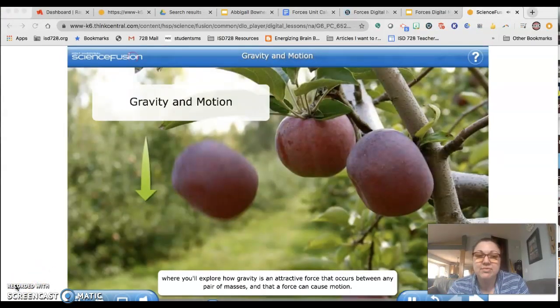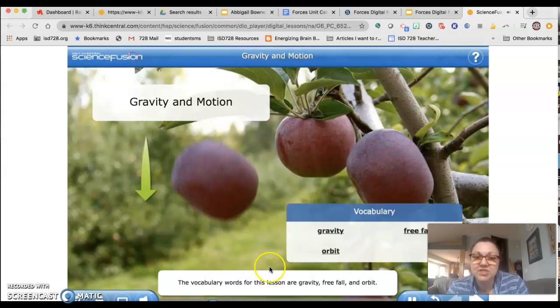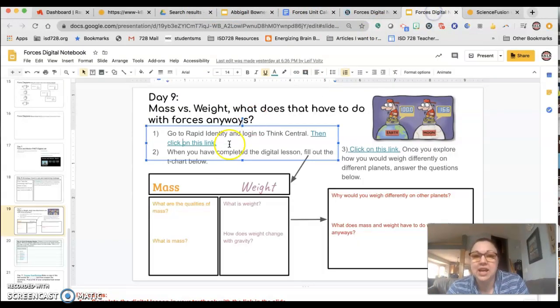Force that occurs between any pair of masses and that a force can cause motion. So we've done the vocabulary words for this lesson. You do not have an assignment to go with it where it's like a long worksheet or a note sheet, but what you do need to do is answer the questions in this slide. So you're going to go through the Rapid Identity digital lesson, then you're going to fill out this T-chart,